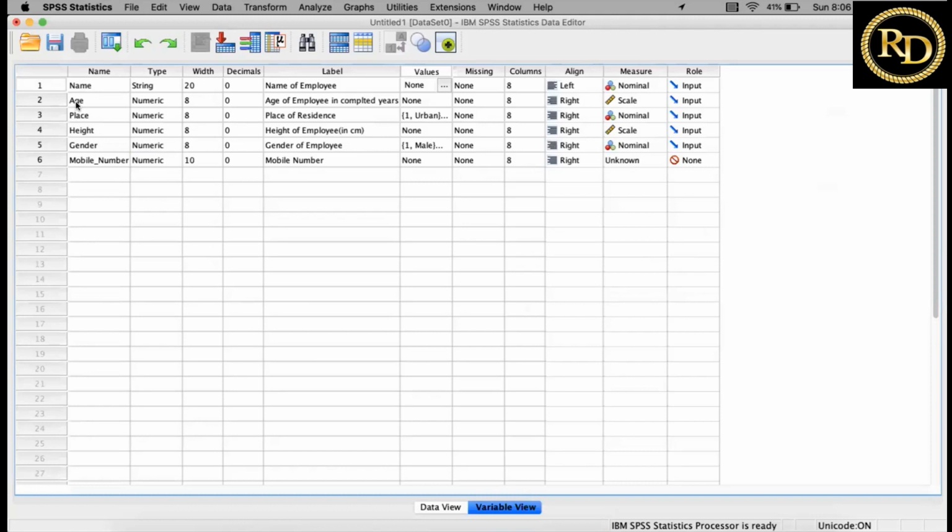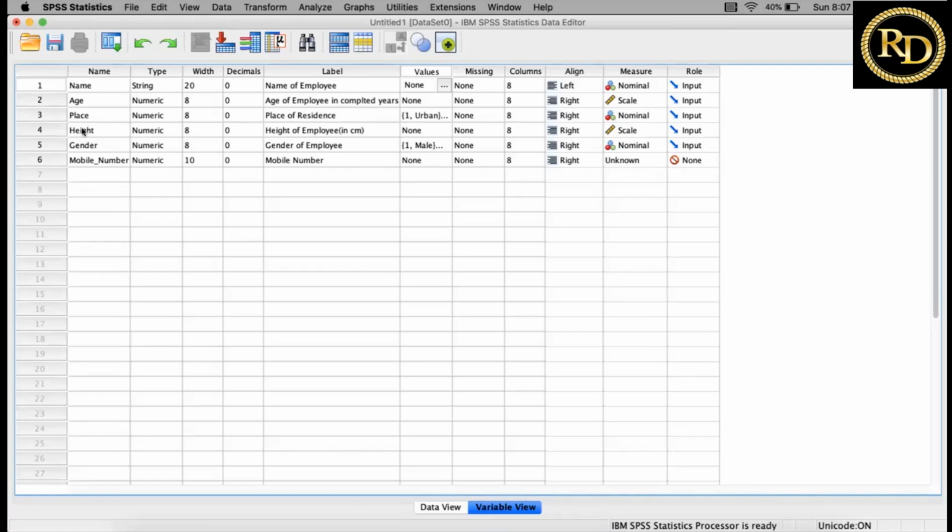Another variable is the age. Here in the label, I have described what this age is. So this is the age of the employee in completed years. This facility is not available in Excel. Similarly, another variable name is the place. Here I have described the place of residence of the employee.